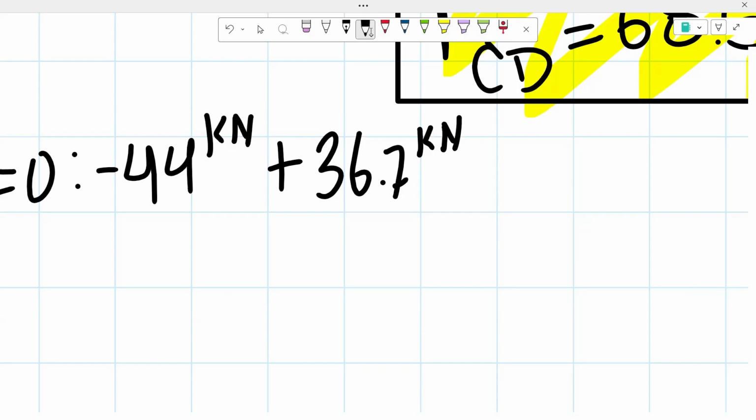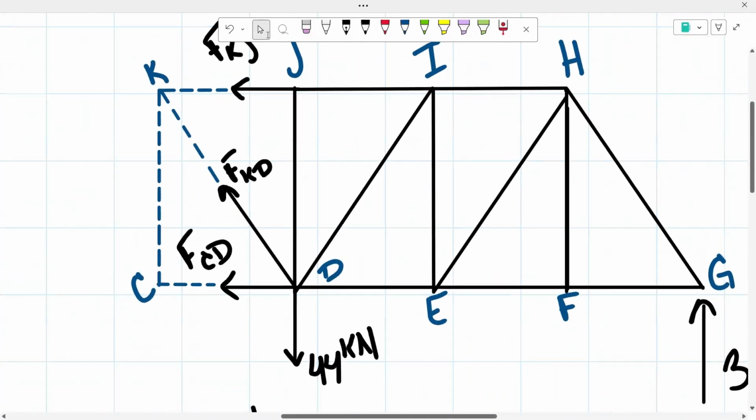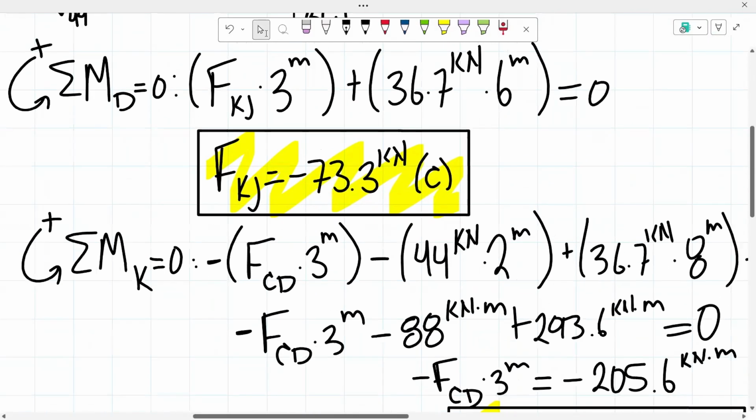And then, since I assumed that my members would be in tension, in this case our member KD, the force of member KD is going away from the joint, so it is going upwards, because I guessed that it was going to be in tension. So positive,